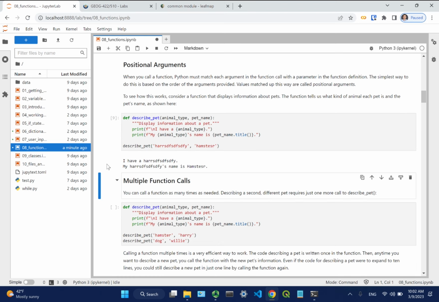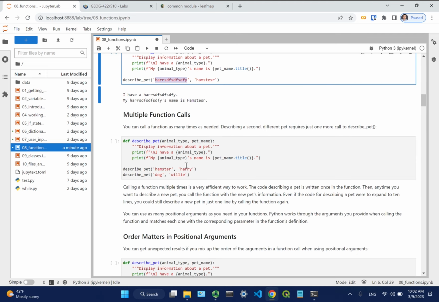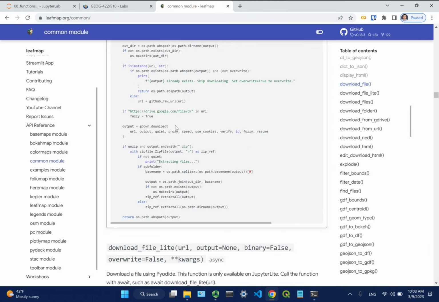Okay, so here, now you change the first one. So make sure that the order matters. Okay, so it depends on the name. But sometimes if you really want to, because when you have too many arguments, sometimes it can be challenging, because if you go back to this function here, I have